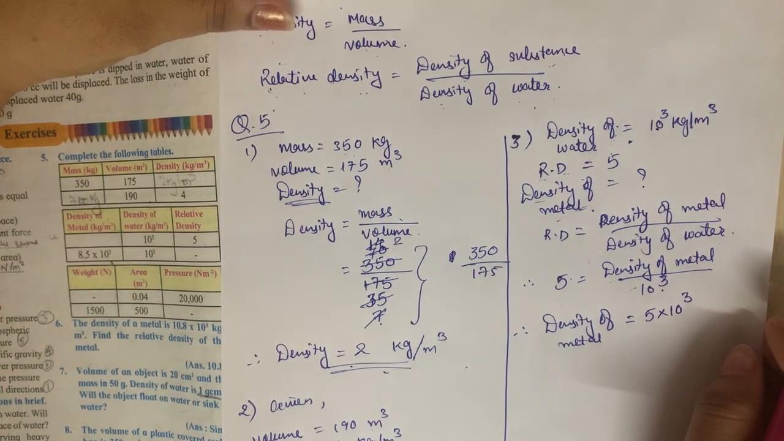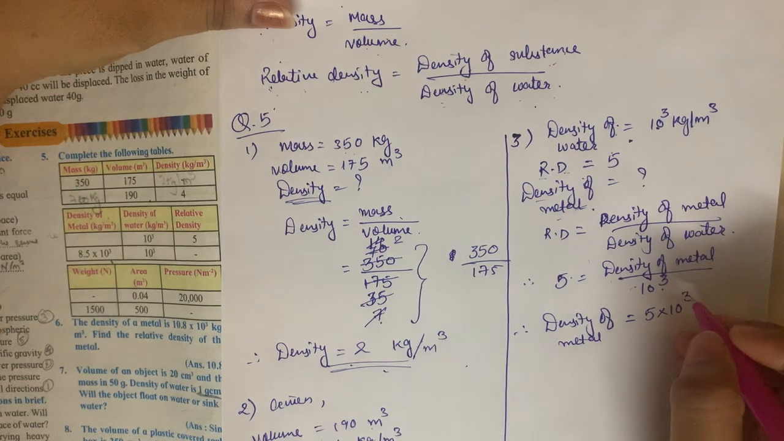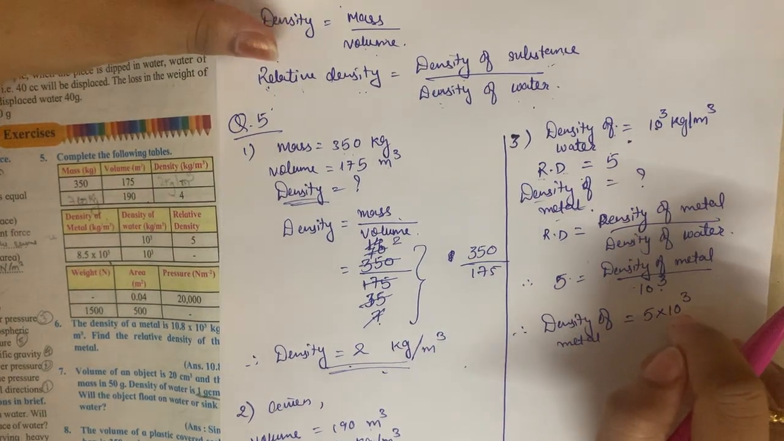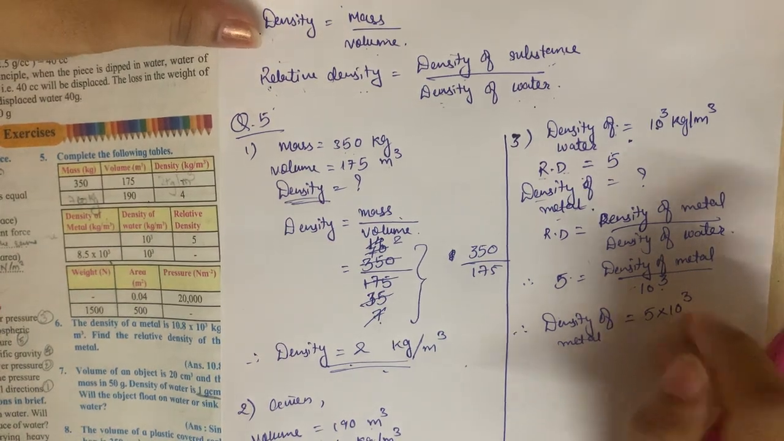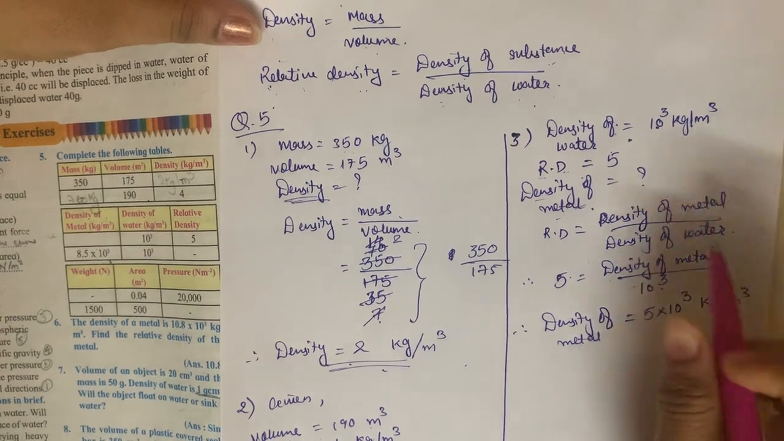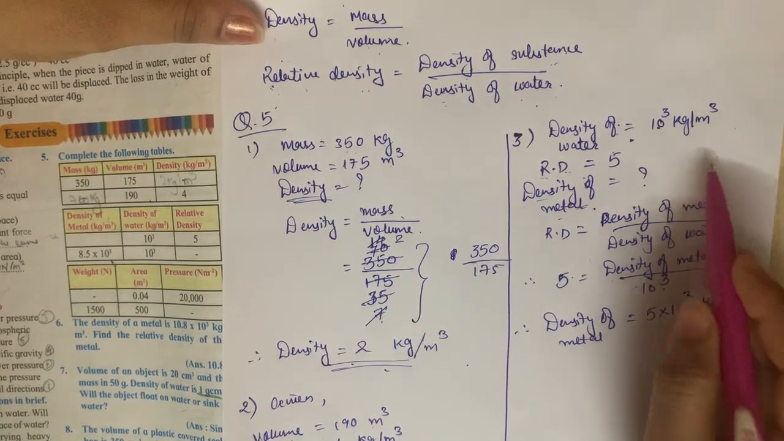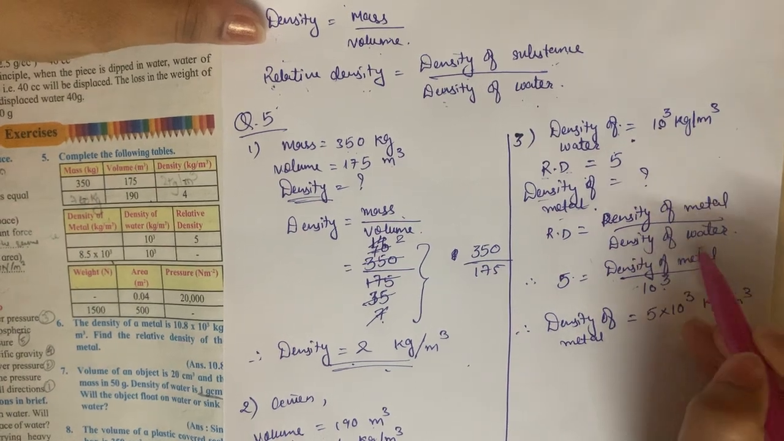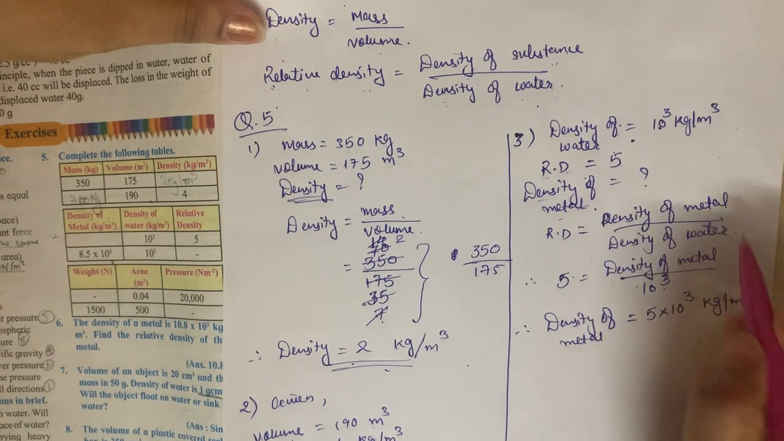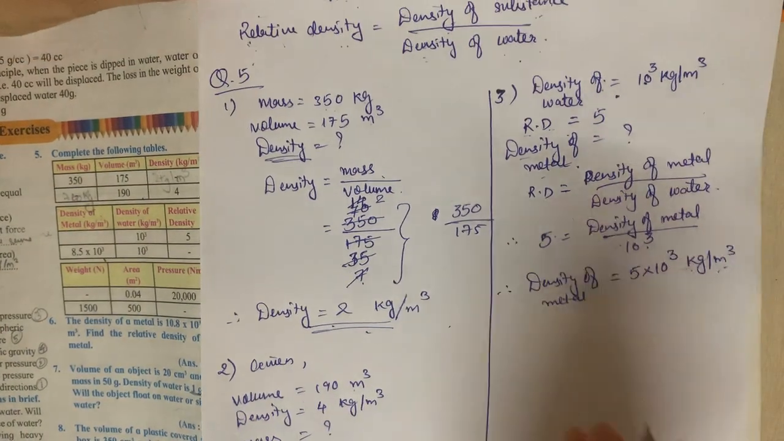Is it clear? Fine. So this is about the, I hope students this is now very easy, and the unit is kg per meter cube, because this is only what you are doing, right? Density of water, that is kg per meter cube, which goes in multiplies, and our relative density is not having unit, so the answer unit is kg per meter cube. Fine. Now next,